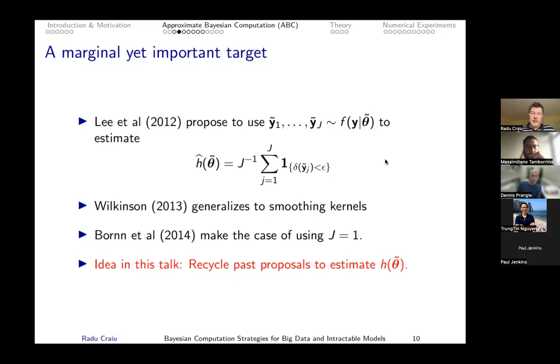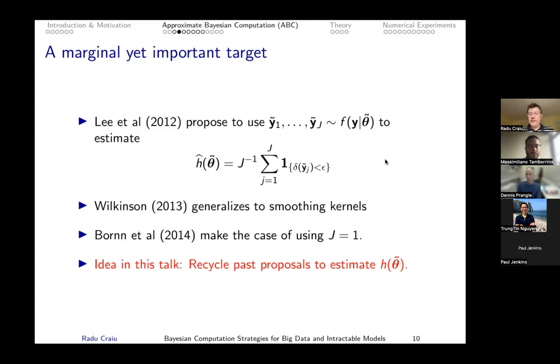And also generation, right? Because the main issue here, as I said, was that the generation of this pseudo data will be expensive if, let's say, J is fairly large. If J is 1, you don't have the cost, but you have the variability that kicks in the pseudo marginal theory. So